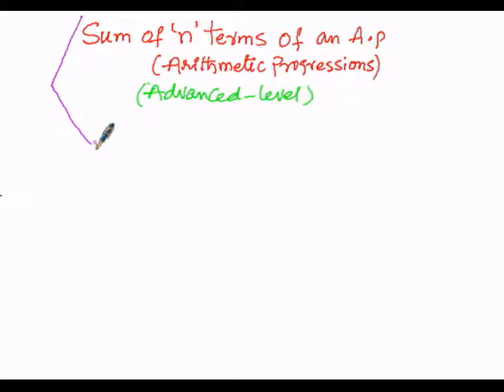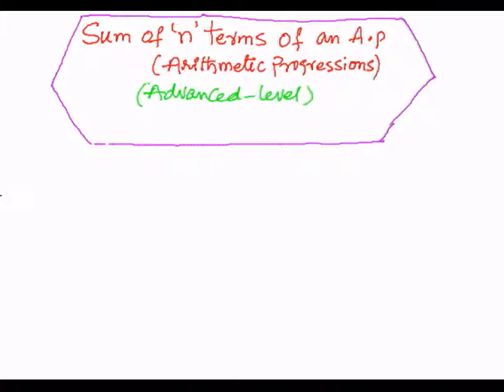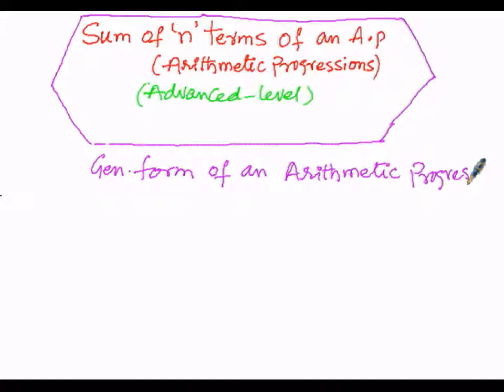So here we are going to denote the sum of n terms by Sn, but we know that the general form of an AP is a, a plus d, a plus 2d, and so on up to a plus n minus 1 into d. So here, the general form of an arithmetic progression, which is denoted by AP, is